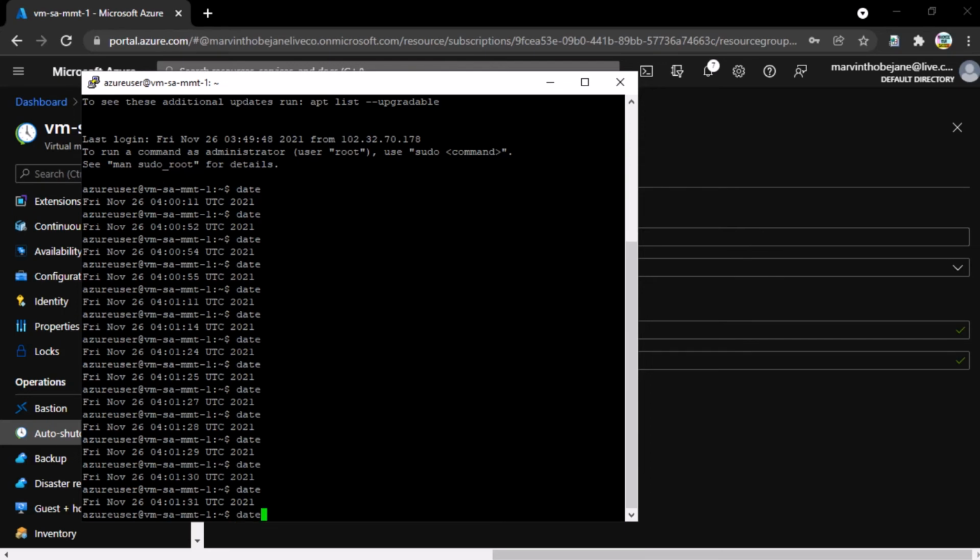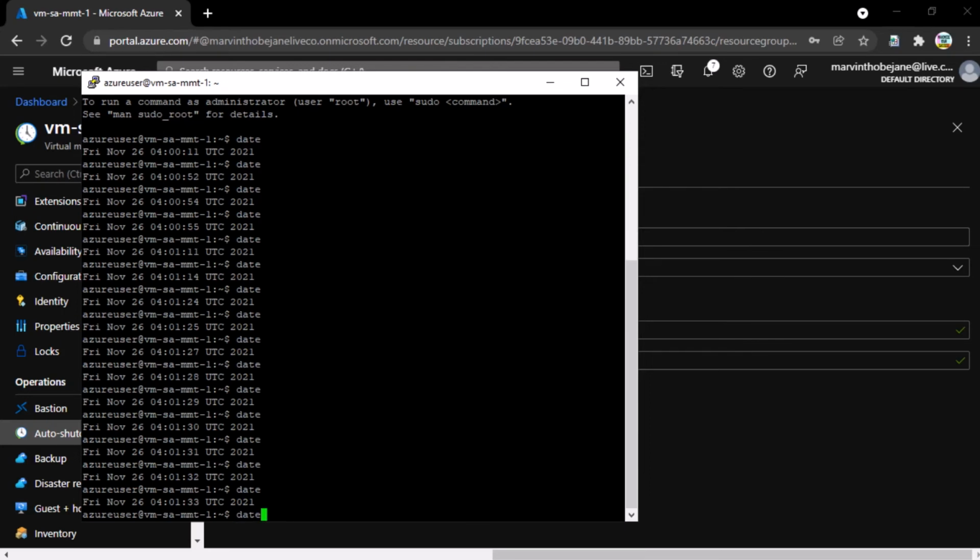Yeah. So ideally, the virtual machine should be shutting down any second now, and it's not. And we're going to look at why. But let's just give it a few more seconds. Let's see if the benefit of a doubt will help it auto shut down. Doesn't look like it's shutting down. Let's give it a few more seconds. So it's 30 seconds. There we go. 30 seconds have passed